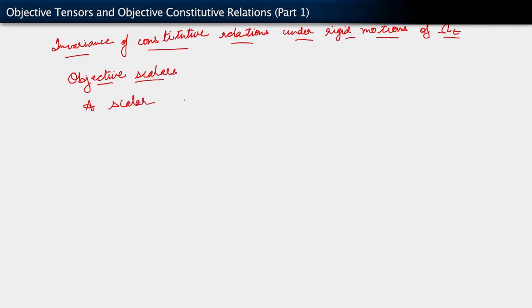A scalar that is objective with respect to, WRT, acronym for with respect to, rigid motions of omega t satisfies